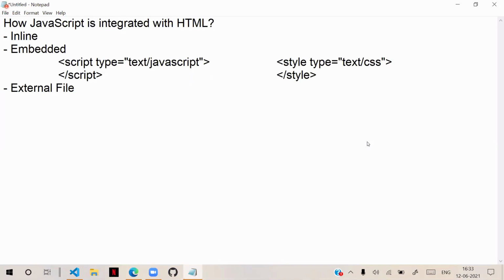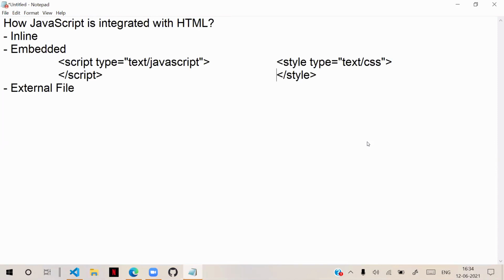So when you are writing the script in a page, you can write it in the head or body section. Generally, the script can directly take control of the body section.